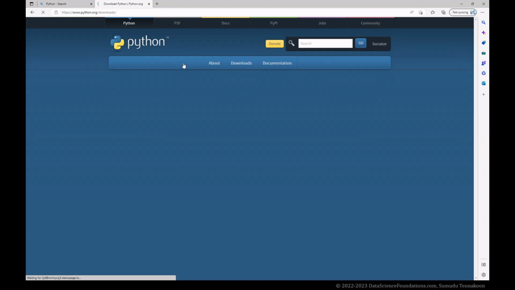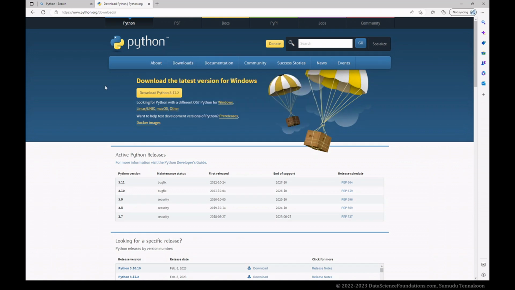If you go to the downloads, you will find out which versions were recently made available. You will see Python 3.11 is the latest version, and as you see here, the most recent release is Python 3.11.2, which was released on February 8th. That is the most recent Python version. There are other versions also available for you to download. You have Python 3.10, with the latest version 3.10.10 released on February 8, the same day as 3.11.2, and 3.9,